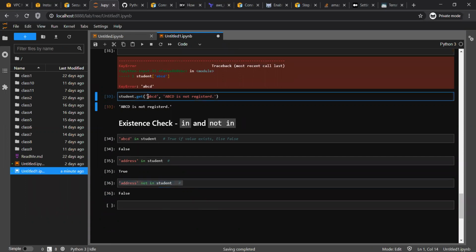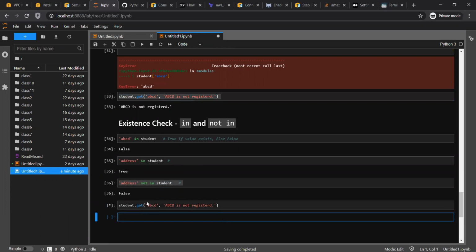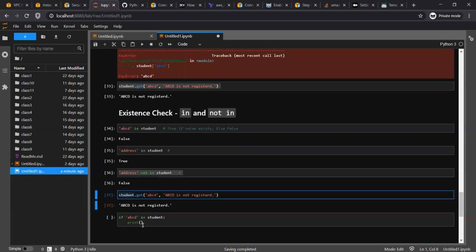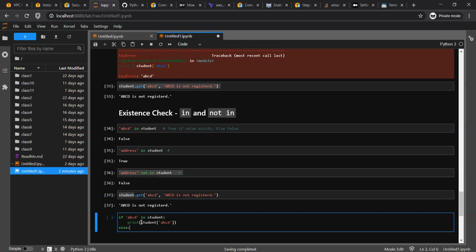So the same thing, the get operation, let's see how we can write it. In a dictionary, if this is the output, in Python a longer way, how you can write: if ABCD in student, print ABCD, else print.